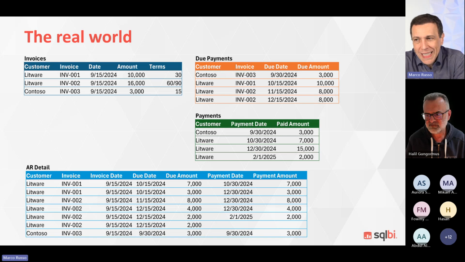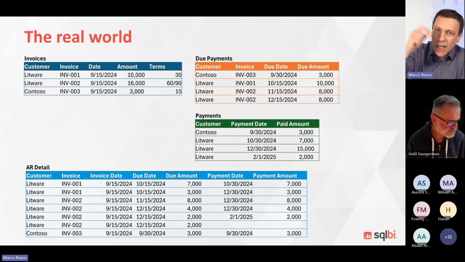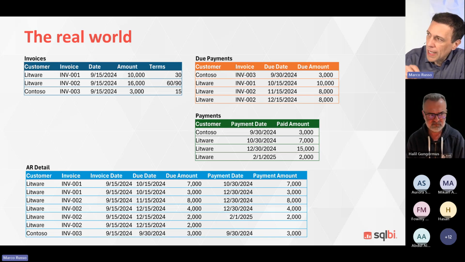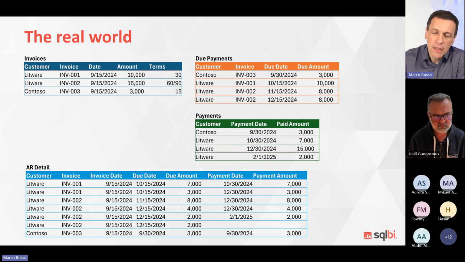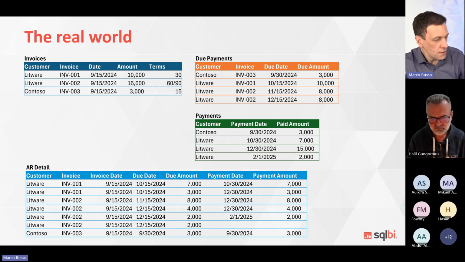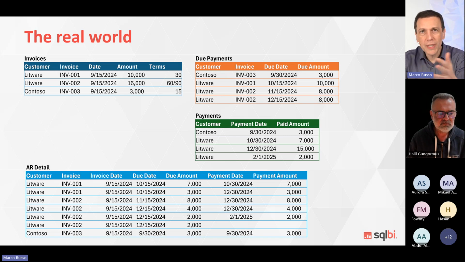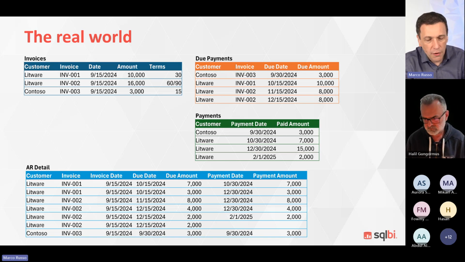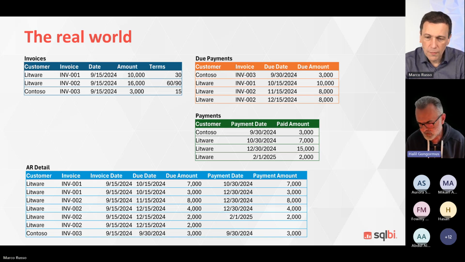True, but it's just like another payment. If you think about the problem, the goal for this analysis is to evaluate how late the payments are. So if you have a credit note that will be used as a payment for a future invoice, that's just another kind of payment from my point of view. So it's something that you will adapt this way. I don't think it is a big issue. It's something that you will solve. Exactly, they fall in the same category.